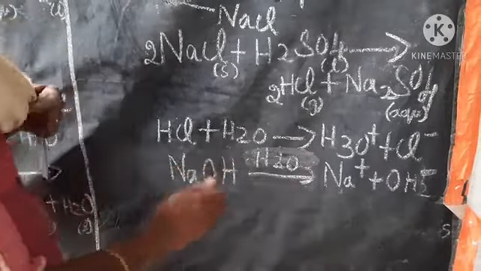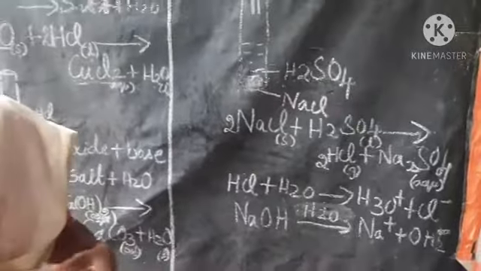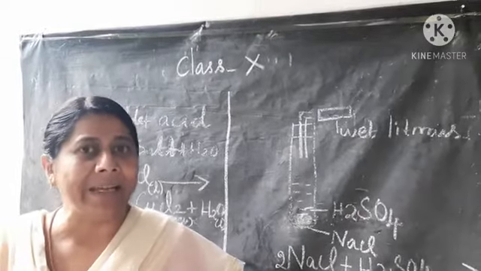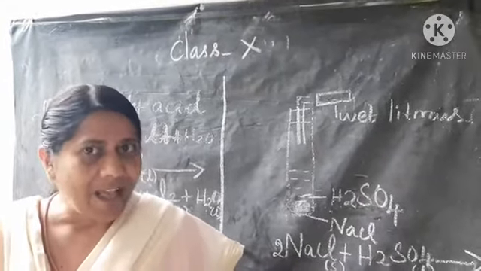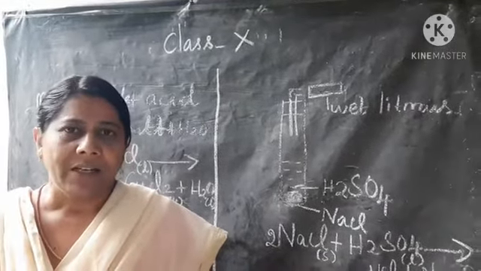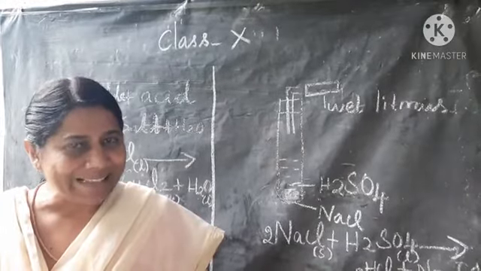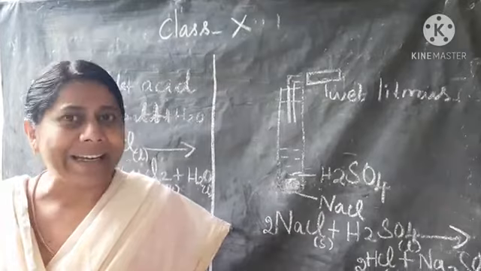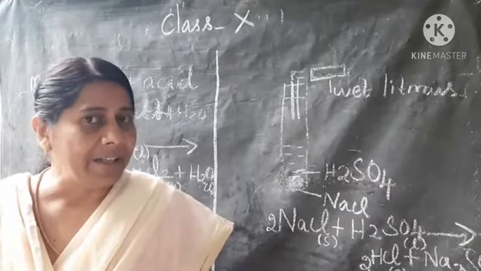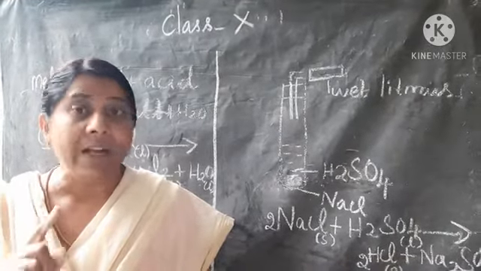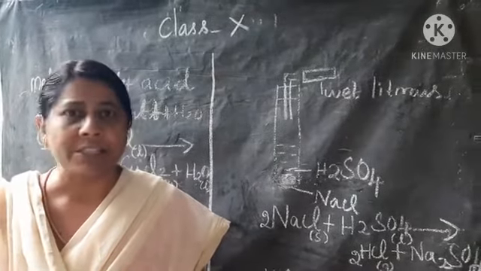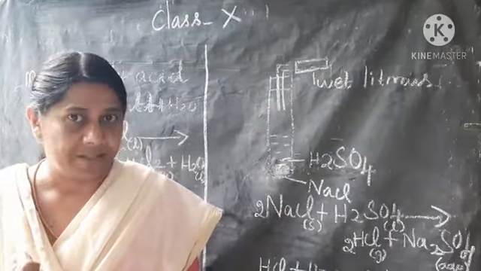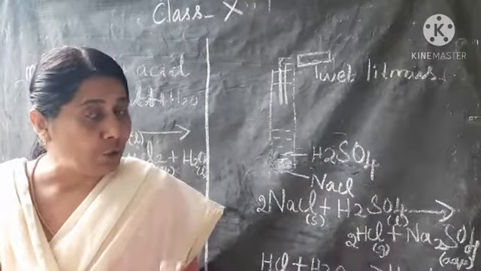Okay, dear ones, today we have seen how metallic oxides react with acid and non-metallic oxides react with base, and that hydrogen ions present in the solution are acidic in nature. You have already studied that. Acid means there will be a hydrogen atom as well as a non-metal. Base means metal and OH. So that is an experiment to prove that.